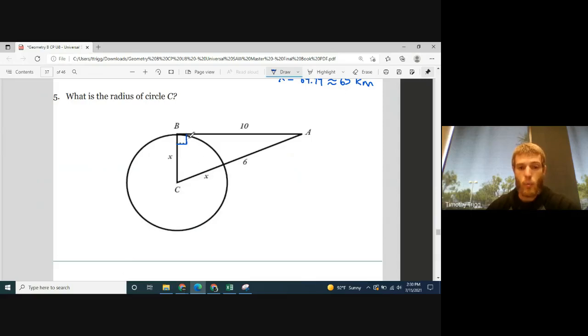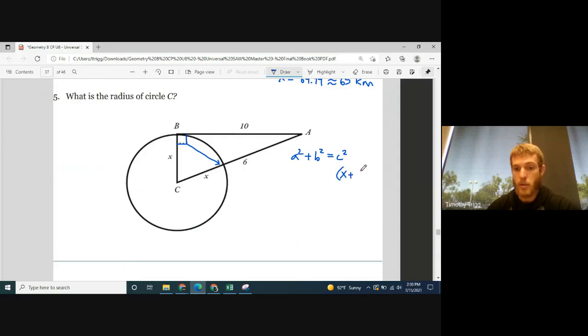So since it's a right angle and we're missing a side length, we can use the Pythagorean theorem. So we're going to use the Pythagorean theorem, a squared plus b squared equals c squared. Which side length would be the hypotenuse here? Would it be this 10? Would it be this x? Or would this be the x plus 6? Well, the longest side is always your hypotenuse. That's what we'll go for C. And the 90-degree angle always points to your hypotenuse. So we know our hypotenuse is